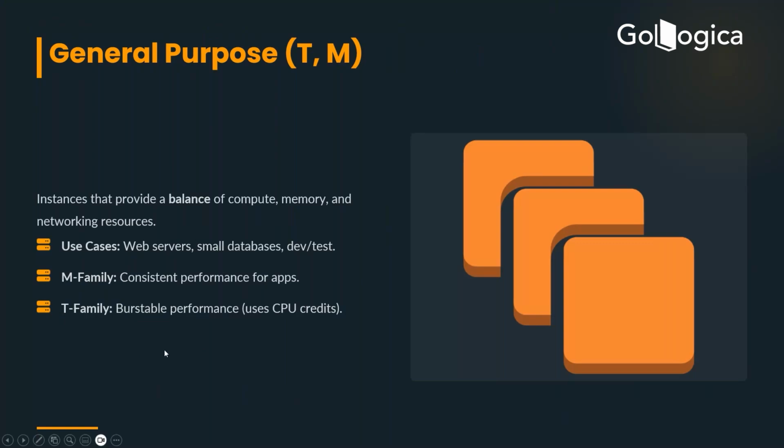Every T family instance type will have a baseline performance. Say the base level performance for the CPU for the T family is 20%. So that will be the baseline. Now, when you are not utilizing that capacity of 20%, maybe you are utilizing only 10% of that baseline, the 10% that is left idle